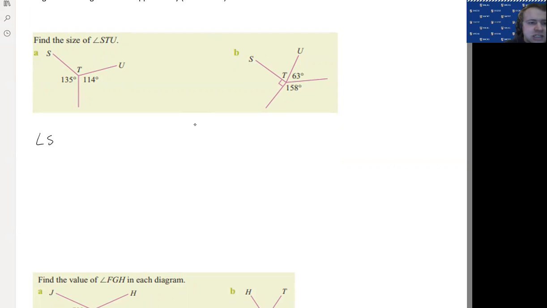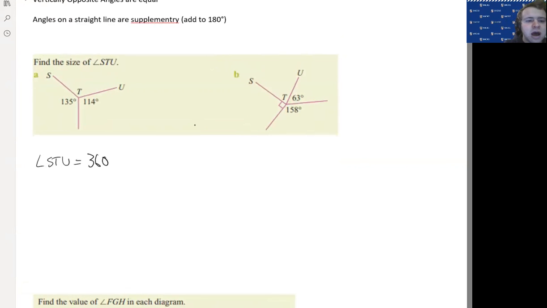Okay, so angle STU is going to be equal. Now, if they all add up to 360, we can write 360 minus the other angles, and what's left over will give us the size of that angle. So 360 minus 135 and minus 114. Now, we're actually going to give a reason why we know that to be the case. We're going to do this a bit more in the future, writing out our reasons in brackets, okay? And the reason is angles at a point